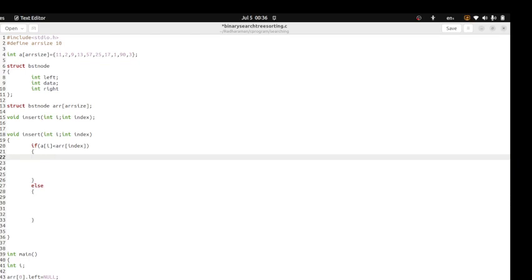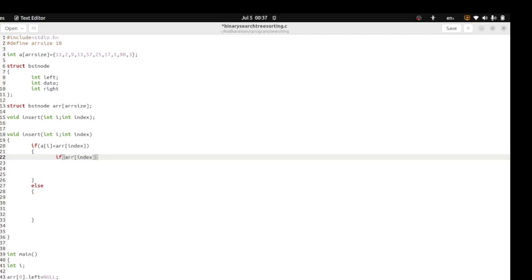Then it will check whether the current root node has any left child or not. How to check it? For the current node in the binary search tree with which the array element is to be compared, which is array[index],